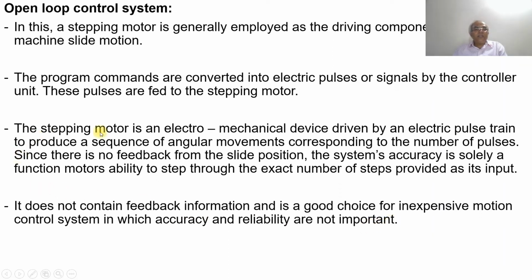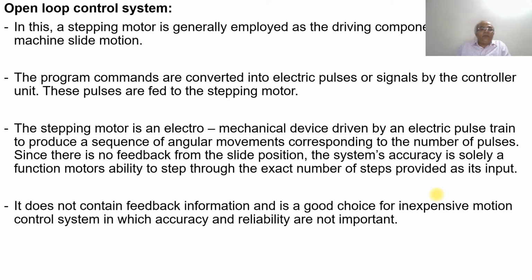So what does it mean? Open loop system. That means if I want to see the temperature of the human body, it is an open loop system wherein we will be able to record the temperature, but there will not be any feedback. So that means we need to correct it. It is not possible in an open loop control system.